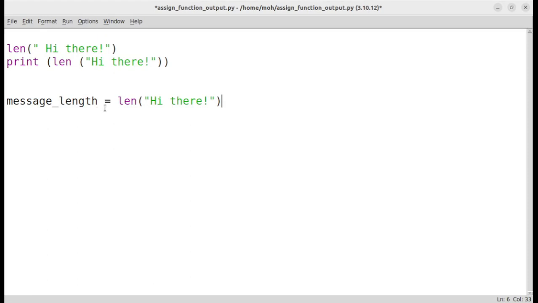So now we have a variable. This variable will store the result returned by the length function, and each time we need this result in our code later, we will just have to call this variable because it will already store the value of the output, and we will not have to call the length function again. So now we can also print